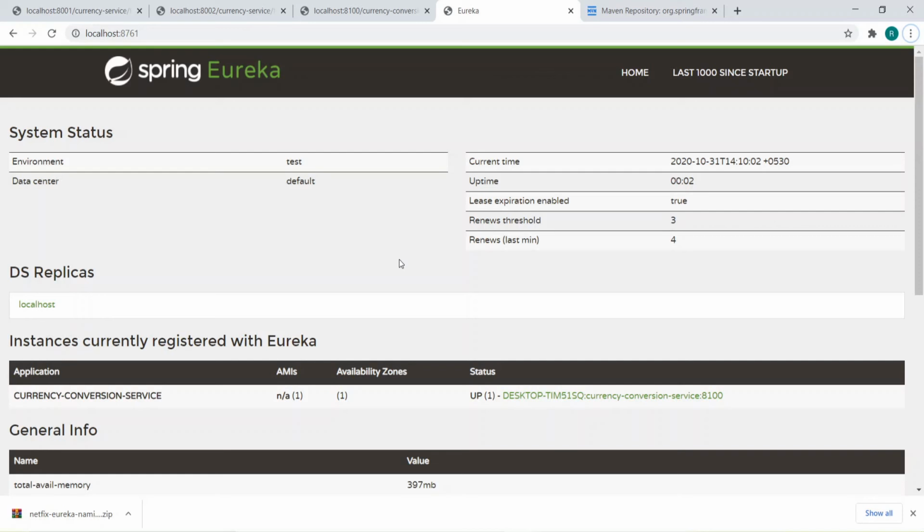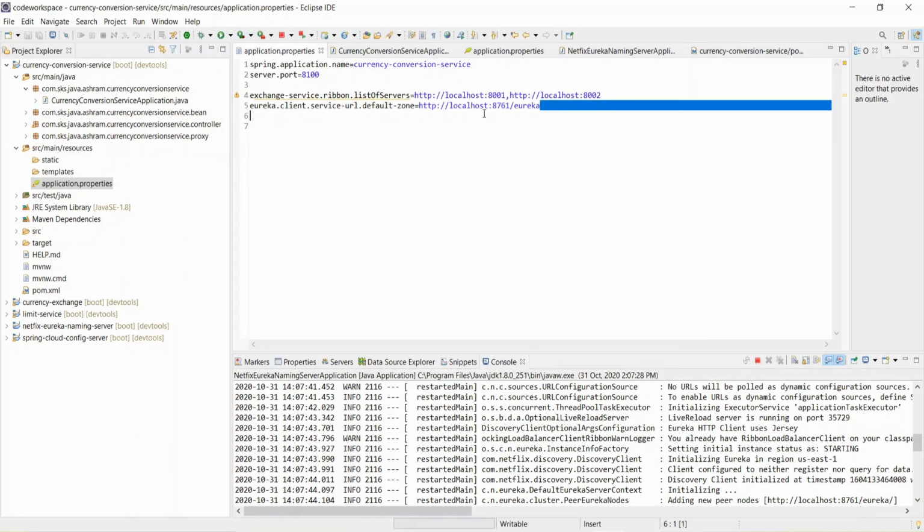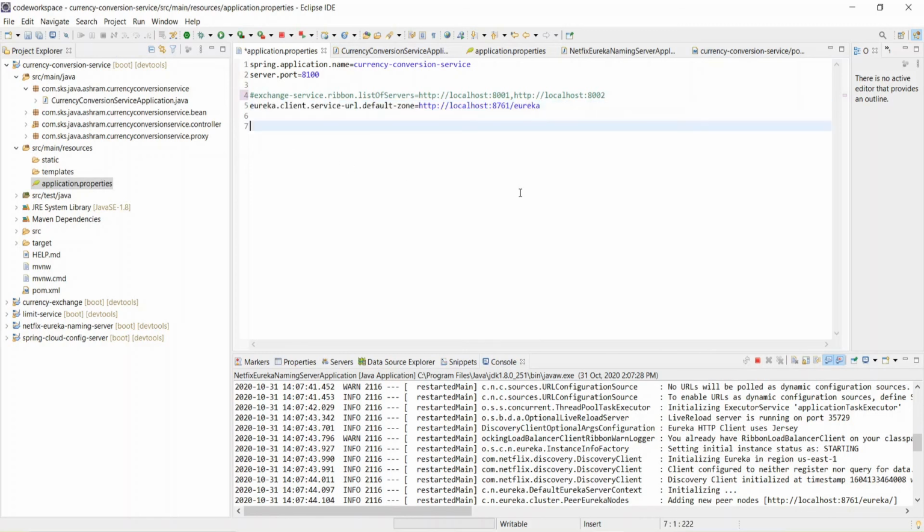And third, tell where the Eureka server is running using the properties file. The earlier manual configuration is not required now, because Eureka is already taking care of it.